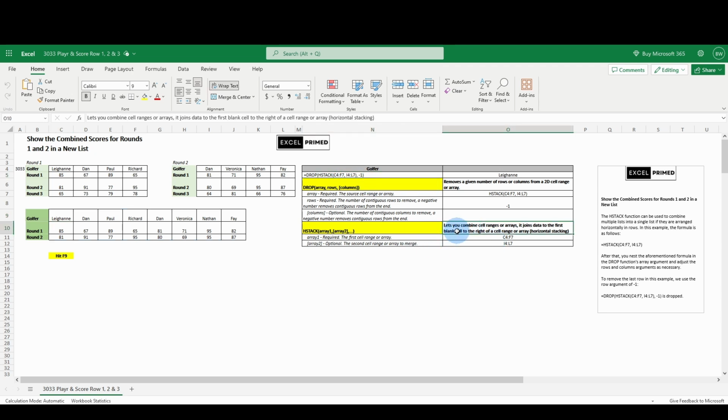HSTACK just lets you combine lists and joins data to the first blank cell to the right or to the left. Horizontal stacking. Practice. Play around with the numbers. See what kind of